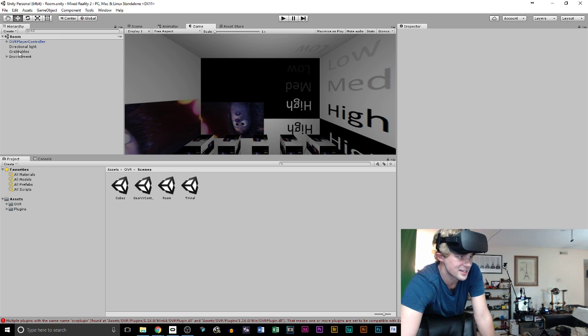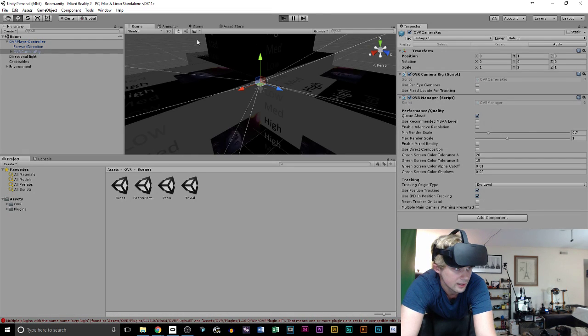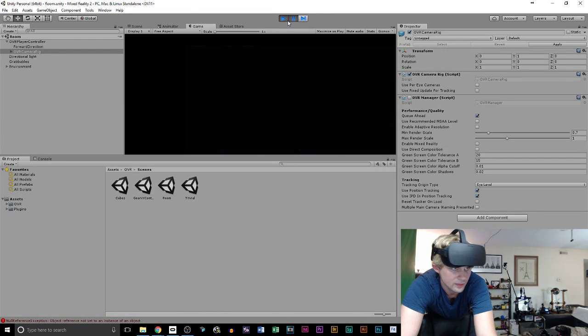So once you've done that, you'll notice I'll go into the OVR player controller, and if I click on the OVR rig, look over here. You'll see something completely different. It says enable mixed reality, use direct composition, right? And down below that, it's got the tolerances and the different settings that you can do for those green screens. So what you'll notice right here is that if I go into the game scene,